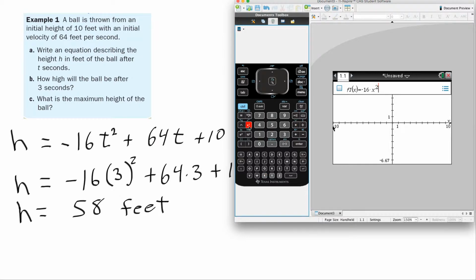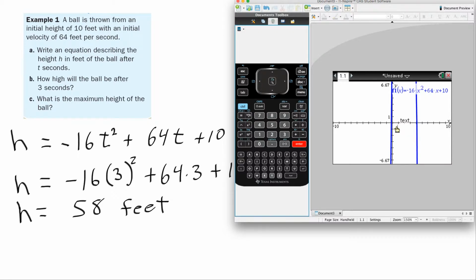Plus 64 times x plus 10. Okay, we've got our equation. I'm going to go ahead and enter it. I think the window is going to be horrid. Indeed it is. So I need to